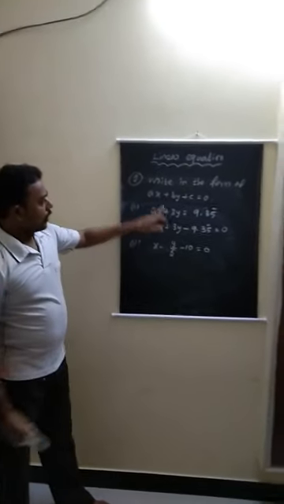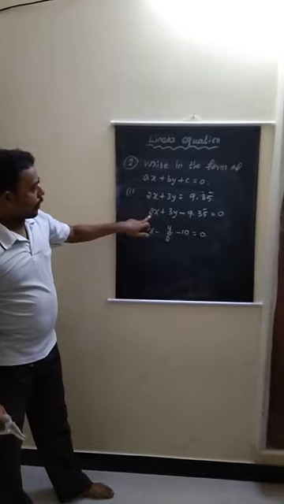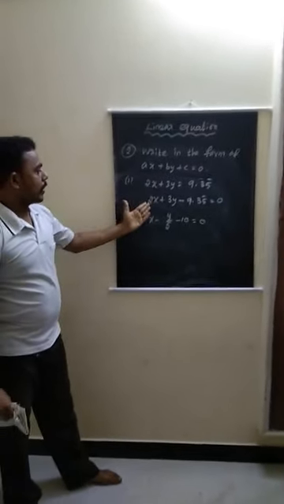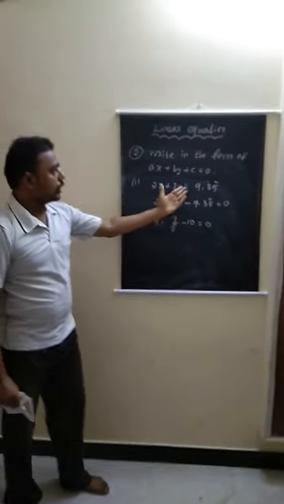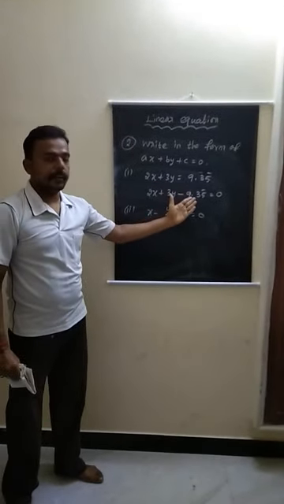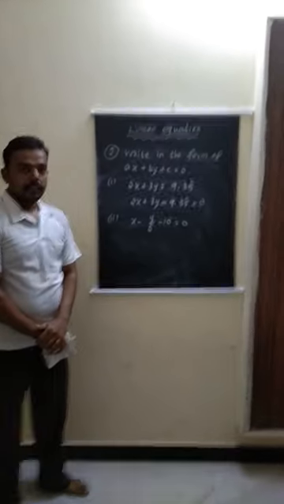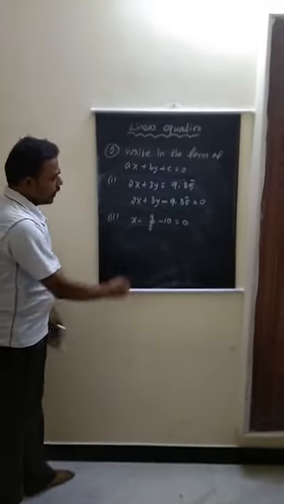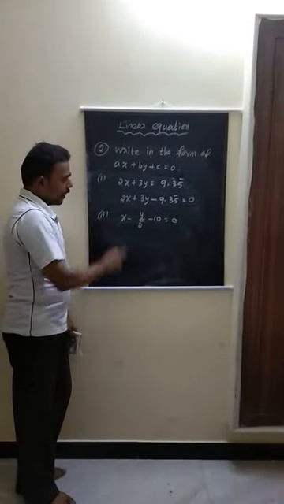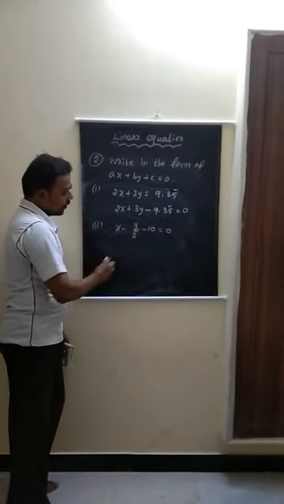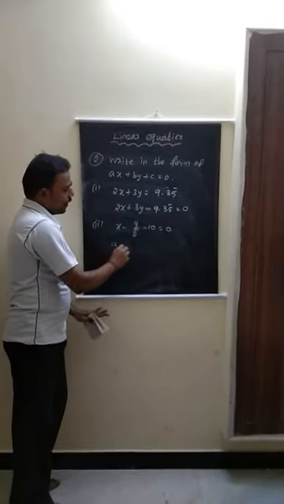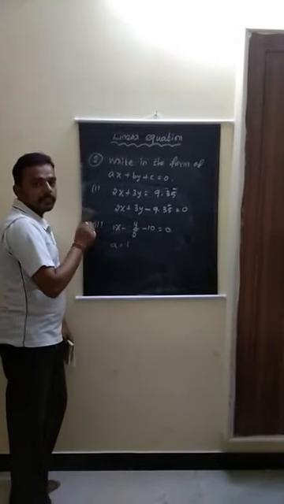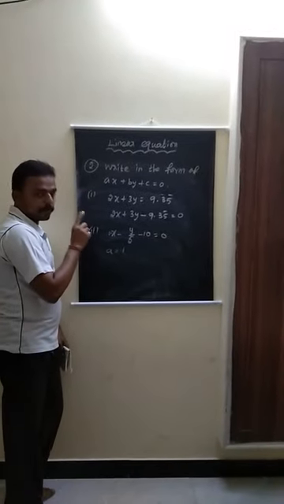Okay. In the way, you can compare what is our a value. Suppose write a, b, c value. You can write easily, a value 2, b value 3, c value minus 9.35. Okay, write that also. You need to write, depends upon your question. Here already it's given ax plus by plus c. So you can compare this. A equal to coefficient of x, value 1. There is no number, means we need to write the coefficient, that is 1.